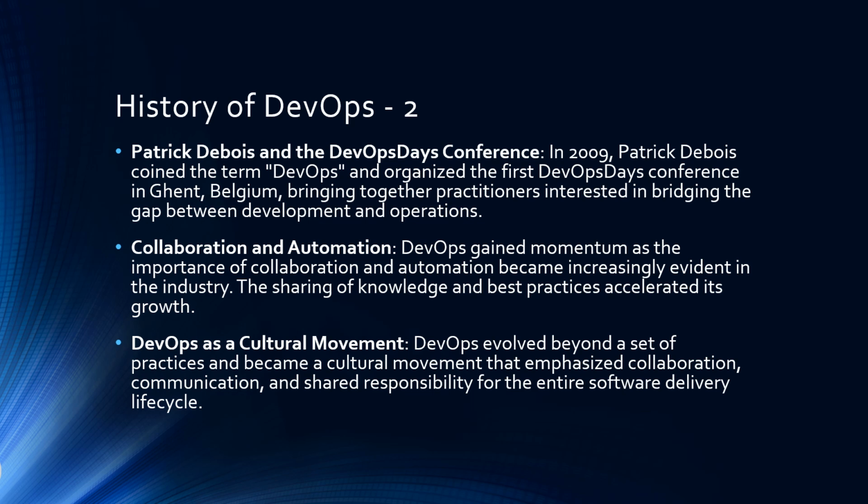The conference name, DevOps Days, gave us the term DevOps, which quickly became the banner under which various related practices and ideas would unite. As DevOps gained momentum, the focus on collaboration and automation became increasingly central to its identity. Tools and practices evolved rapidly, with new solutions emerging to address specific challenges in the software delivery pipeline. This period saw the rise of configuration management tools like Puppet and Chef, containerization with Docker, and cloud platforms that made infrastructure automation more accessible.